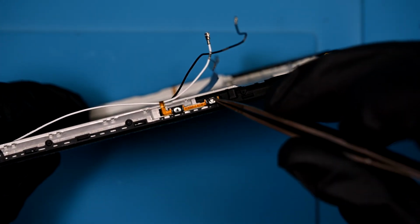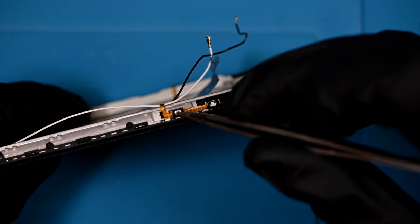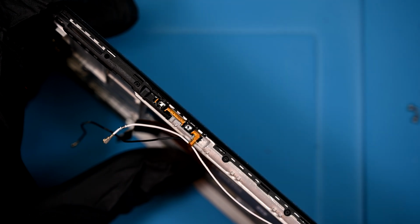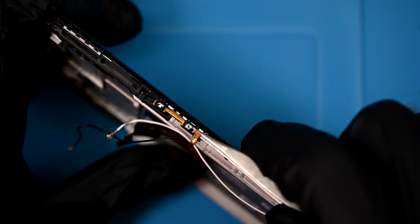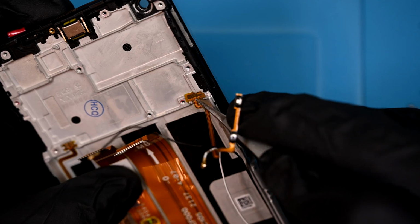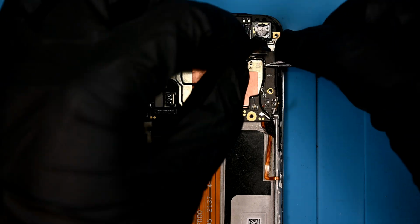Looking at the volume buttons, we can see the issue. The volume up button is missing its nipple and can no longer click properly. A dash of isopropyl alcohol will soften the adhesive that holds the ribbon to the frame. It can then be gently pried out with some tweezers, or even ripped off at this point since it's being replaced. The new ribbon can then be laid exactly where the old one was just removed, and then we can jump